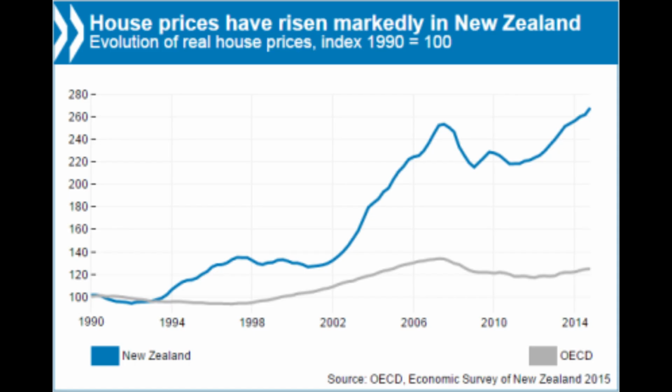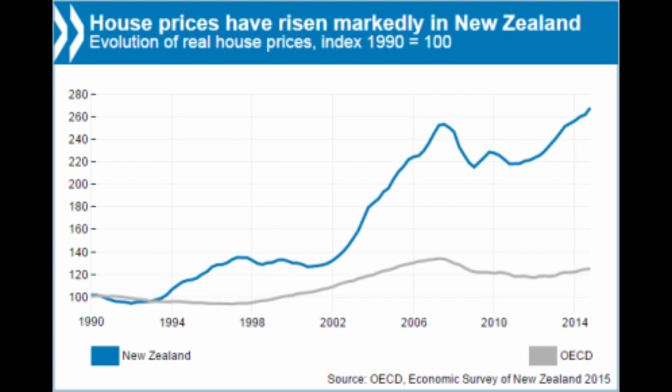The following graph gives information about New Zealand house prices. The items include New Zealand and OECD. The horizontal axis is year, ranging from 1990 to 2014. According to this graph, in 1990, the value of New Zealand is around 100, and that of OECD is almost